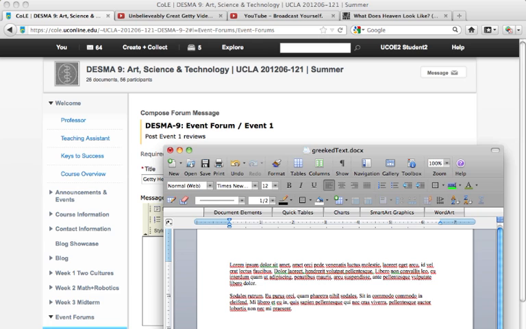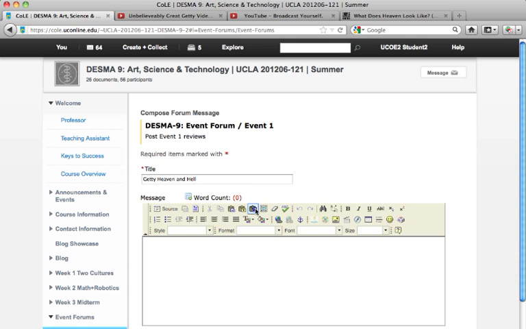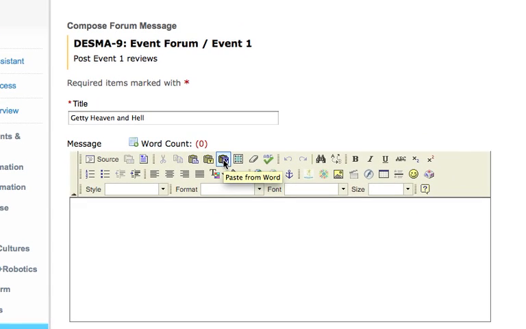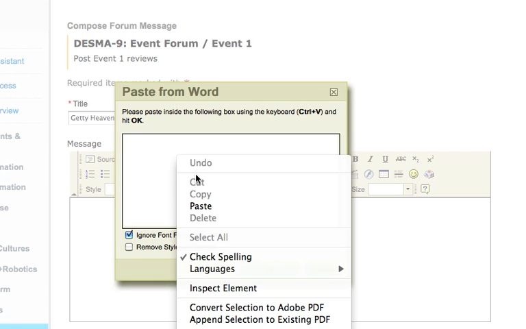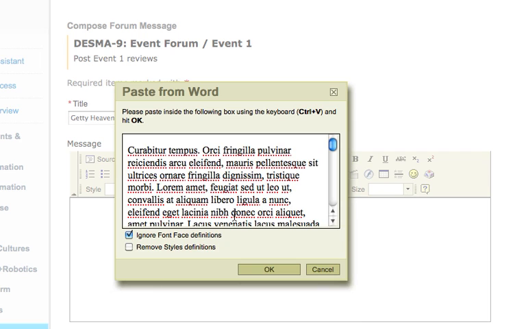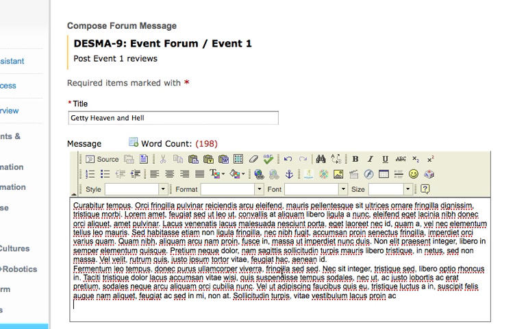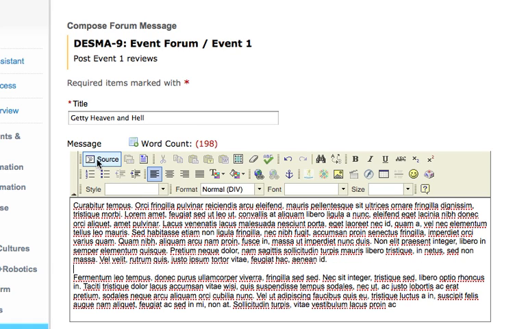Remember, if you are copying your text from Microsoft Word, the best practice in a text editor is to click on the Paste Text from Word button. Doing this cleanses a lot of unnecessary code out of your text. This code can lead to unexpected results, so it's a common best practice to paste your text from Word by